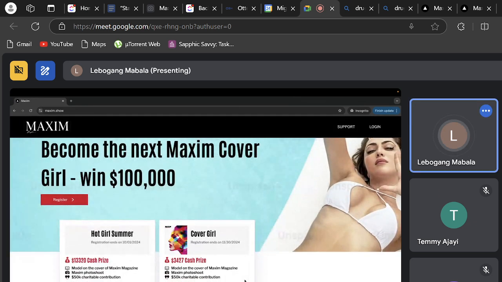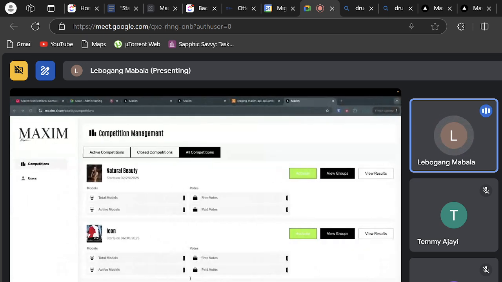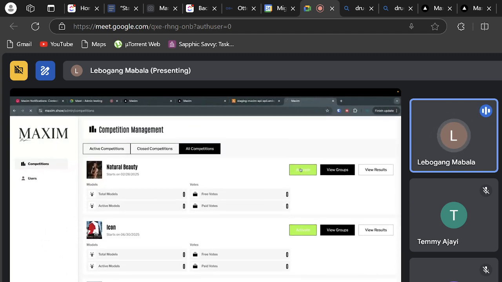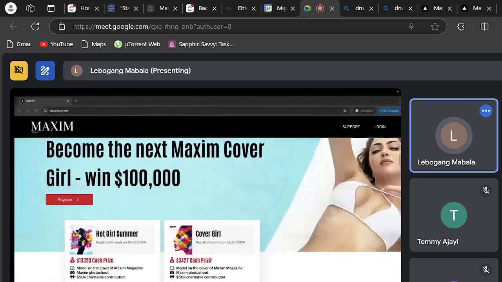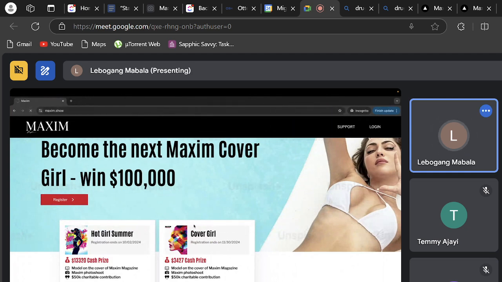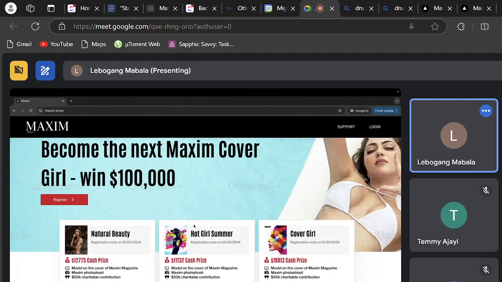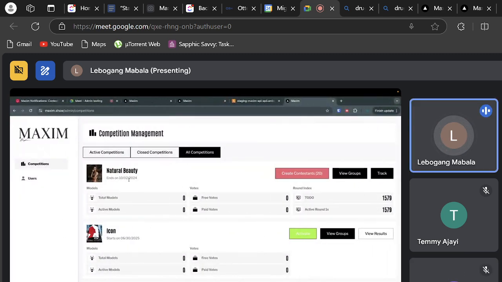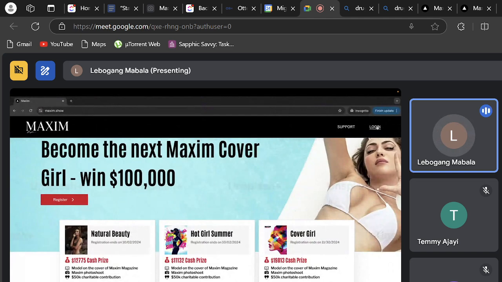I think Carlos and both of you asked about that. So you see, we see them on here, right? And this is the issue. Right now, if I activate Natural Beauty, for example, the bug that we picked up today is that you won't see it here. Oh, you actually do see it here. You can see it here, but not on the profile, maybe. Yes, that's where the bug is.